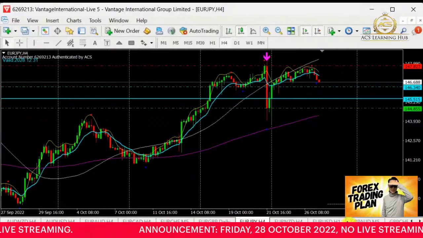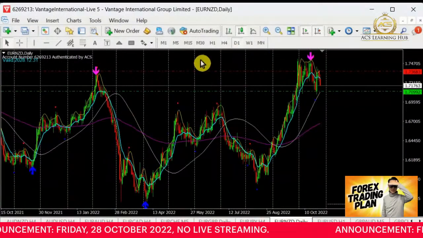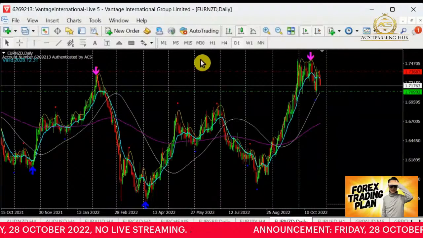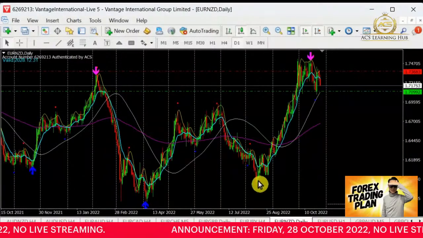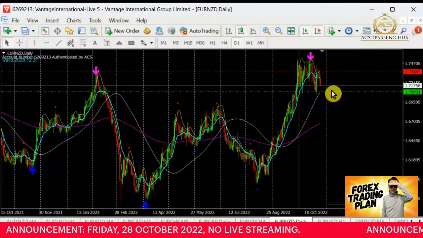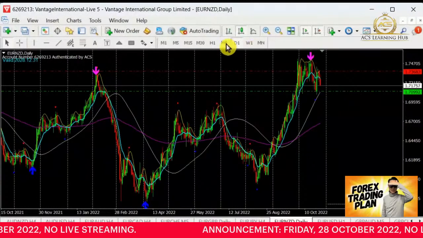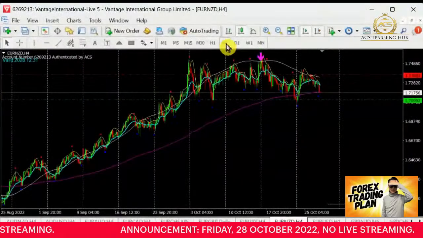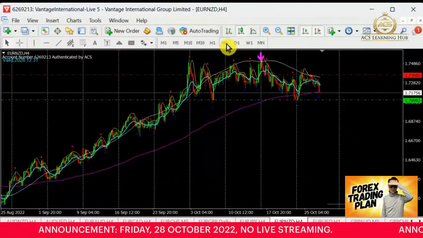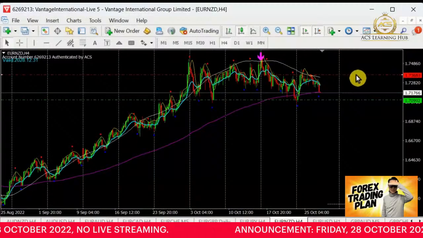Next to go, Euro Kiwi. By looking at the trend, it's very easy. I'm going to use the daily to look out for the trend. One straight up is a bull. Coming in to sell, is it immediately a bear? It's a transition area, whereby I'm going to take note whether I am going to sell this down.